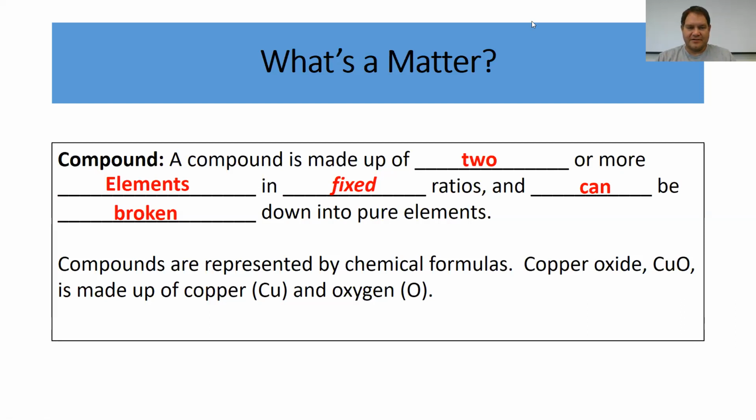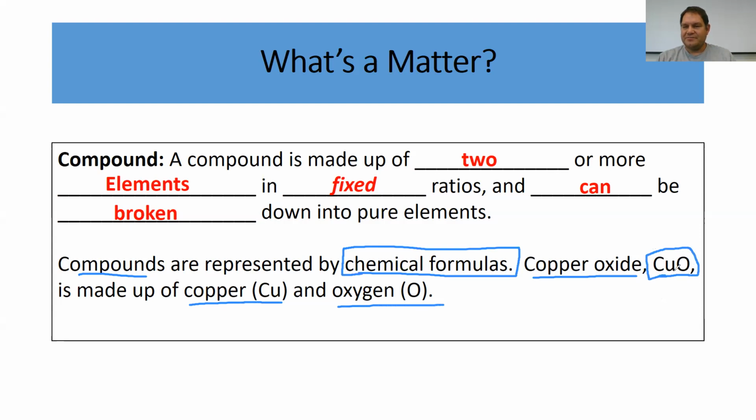So if you look here as an example, a compound represented by chemical formulas, okay? And we will often use this term chemical formulas as we represent a compound. Essentially, a chemical formula is usually made up of the symbols of the elements that are involved in making the compound. So if we were going to create this compound called copper oxide, it's a combination of the element copper and the element oxygen, and we combine them together to form copper oxide. And it is represented by the chemical formula